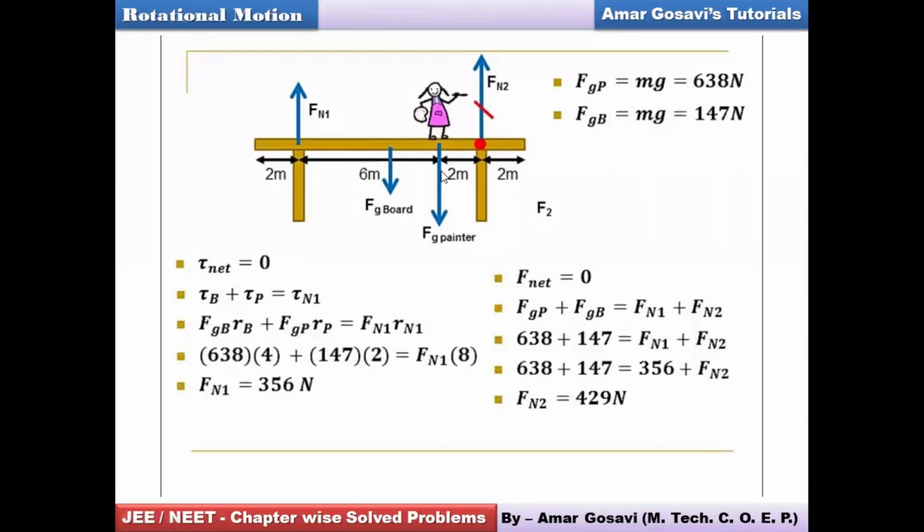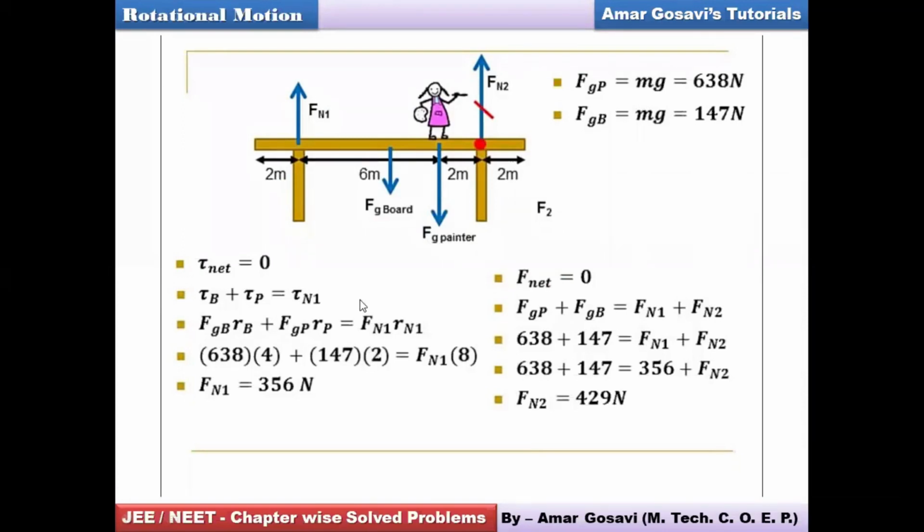Similarly, the force exerted by the board is also creating some torque at this red point. That is Fg multiplied by the distance of that force from the point, that is 2. So you can see it will be 147 multiplied by 2 over here. And that too we are considering as positive. Why positive, friends? Because this force is making the red point rotate in an anti-clockwise sense. Therefore, plus 147 into 2.